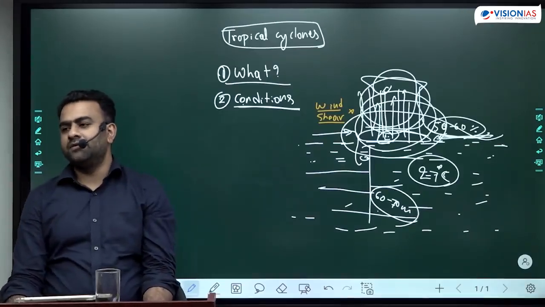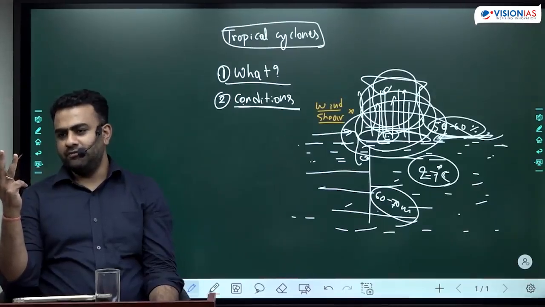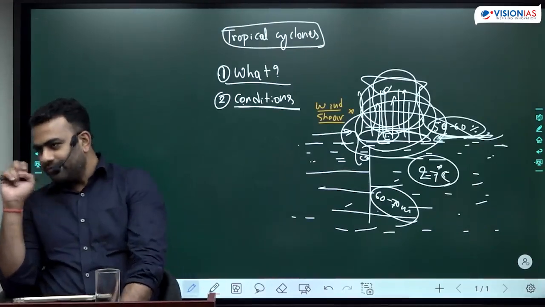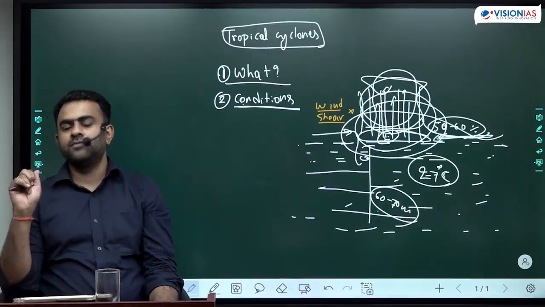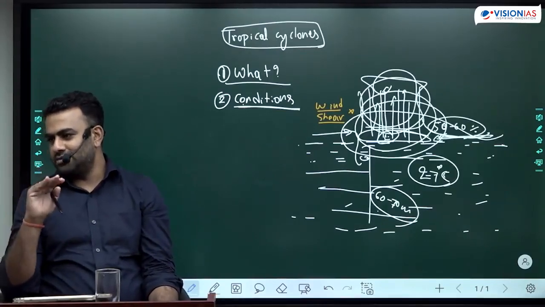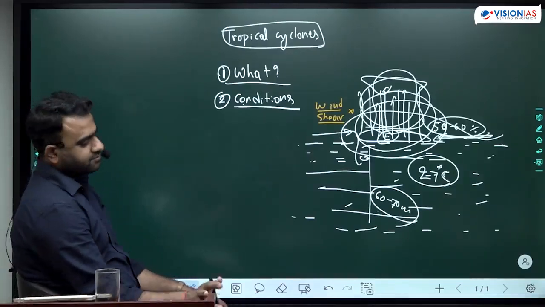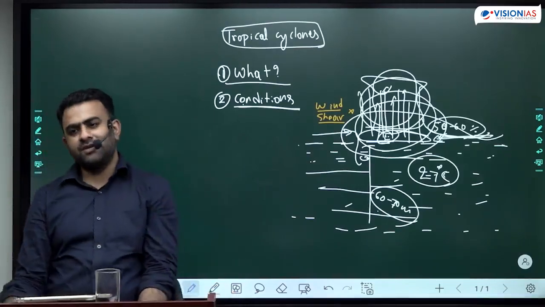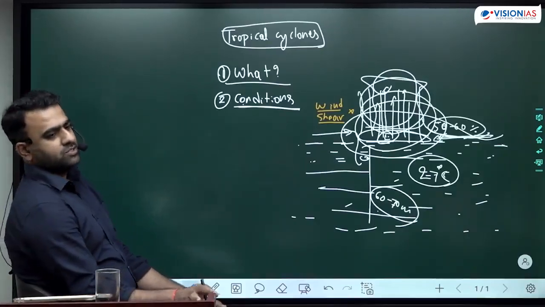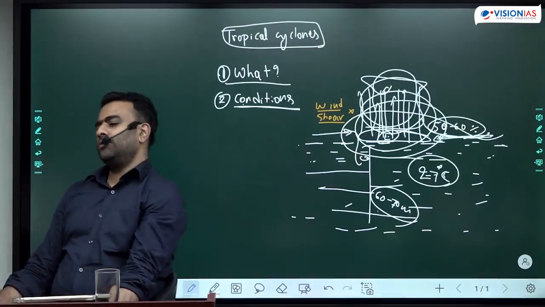For example, near to the equator, you have high temperature, enough depth of warm water, high relative humidity, minimum vertical wind shear, but there is no Coriolis force. No cyclones are formed near to the equator. Wherever there is dry air, wherever the temperature is low, cyclones are never formed. Best example, western margins of continents, cold ocean currents. Wherever there are strong horizontal winds, best example is the Arabian Sea. The Arabian Sea experiences stronger horizontal winds than the Bay of Bengal. So there are fewer cyclones in the Arabian Sea than in the Bay of Bengal.